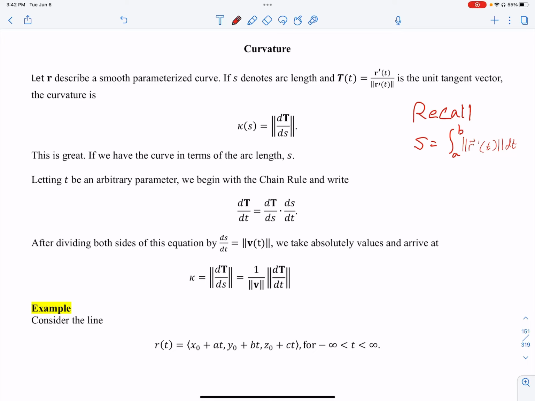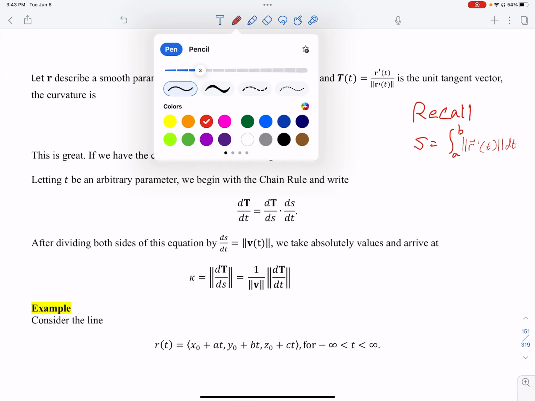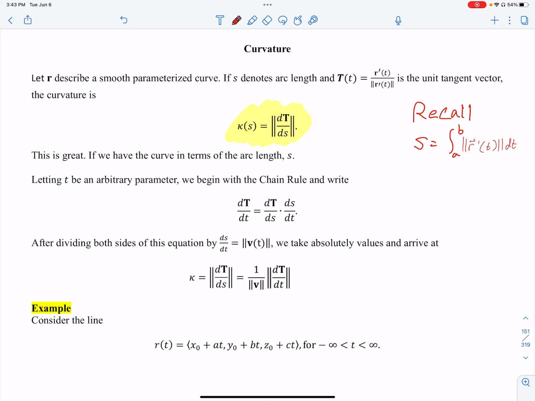In this video, we'll continue our discussion of curvature, given the formula that we came up with in our last discussion. Curvature is the magnitude of the derivative of our unit tangent vector with respect to arc length. You could probably guess why this isn't a great formula, because the arc length thing throws everything off, because I'd have to find an arc length function and plug all that in. It gets way messy. So we need to come up with some nicer formula, even though that works, if I have arc length. So let me show you a manipulative to get to a better working definition, more of a